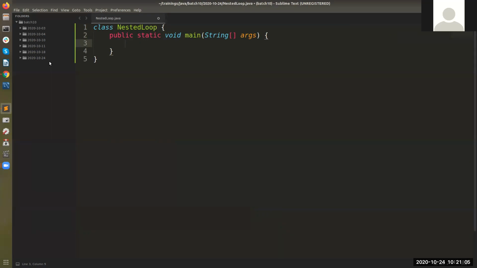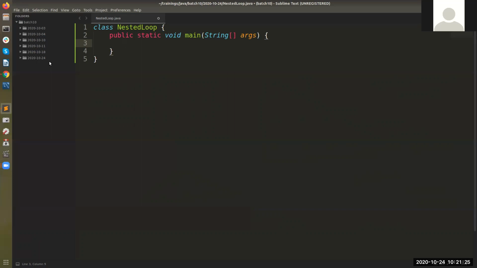So the first thing, whenever you have to write up a nested loop, think about what your problem is saying. Is the problem having a rows and columns structure, right? Is the client saying that, okay, I need to print some values in the form of rows and columns? So if yes, we will take nested loops, right?